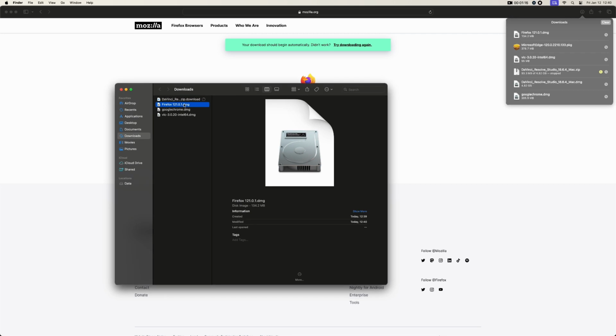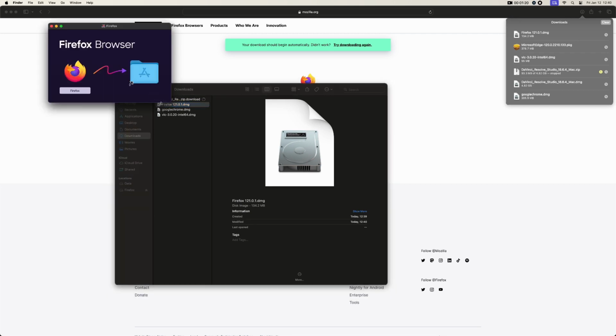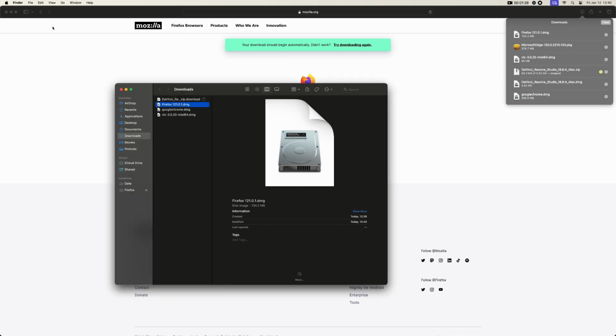Here is Firefox Mozilla. Double click on this one and then just drag it to the applications folder. So when you drag it, it will copy it to the application folder. It's copied. Done. Now I want to eject it, so